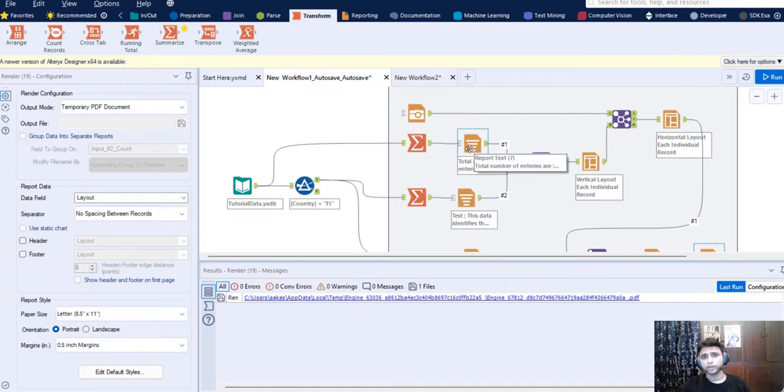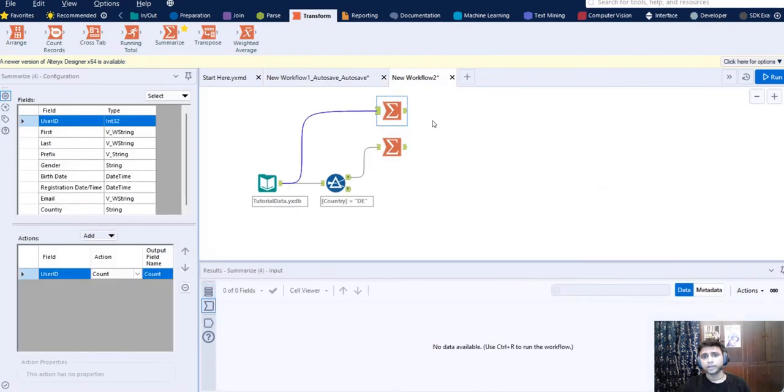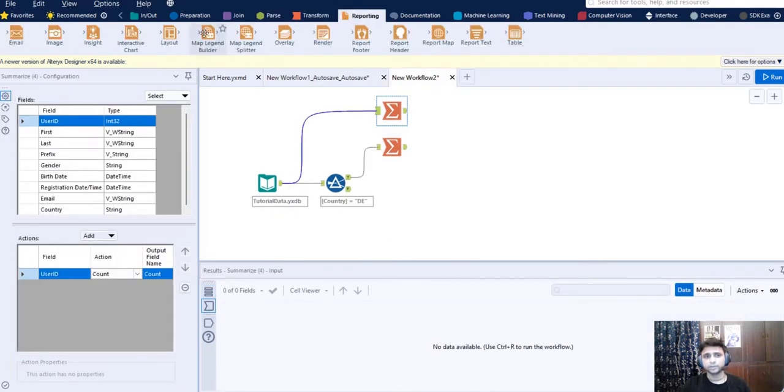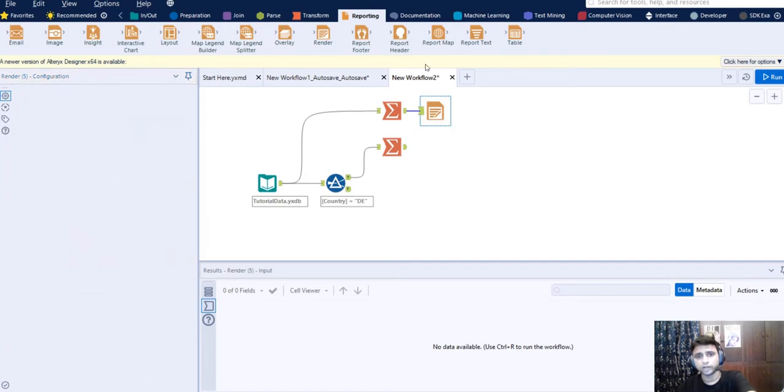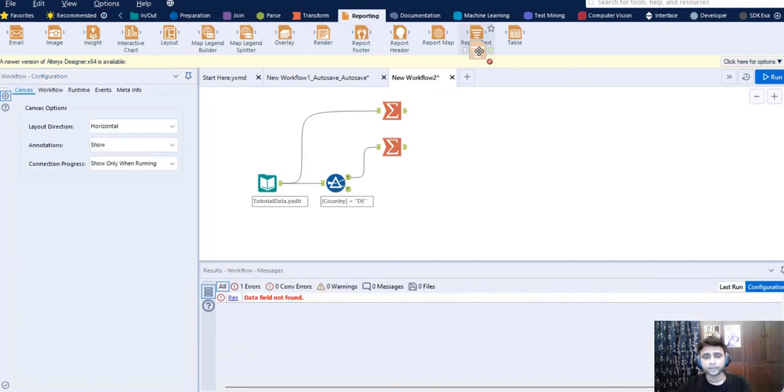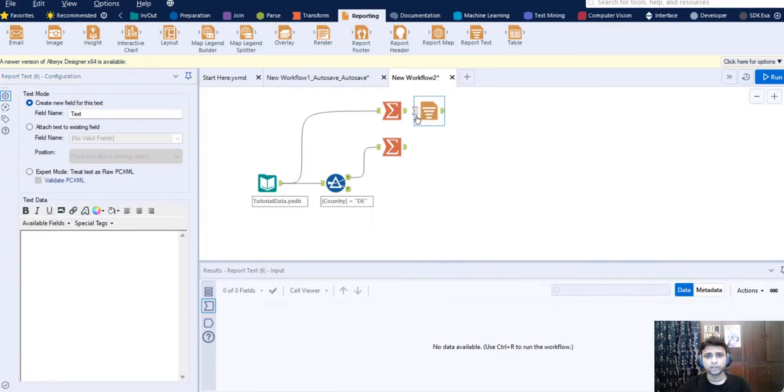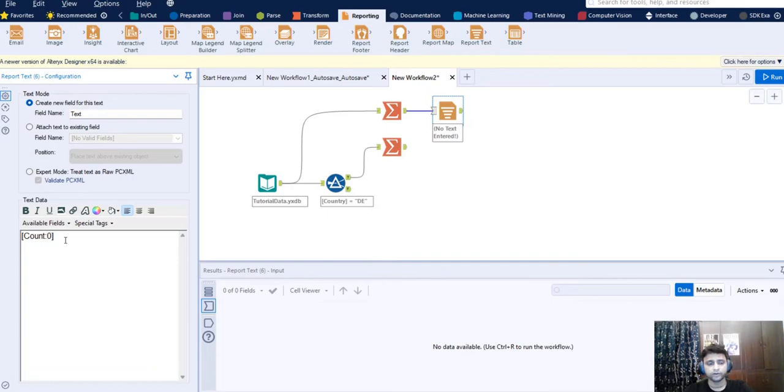Now we will take the help of the reporting tools that are present here, and create something sensible enough to present as the final report. Not the render tool, sorry, we will be using the report text tool here. This will help us basically create something reasonable out of it. This is the total count of the number of fields we have. First of all, I will add a title here, like